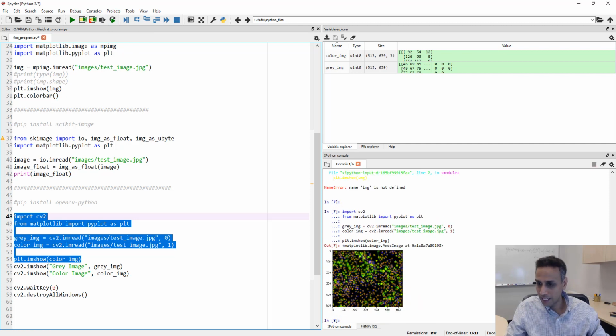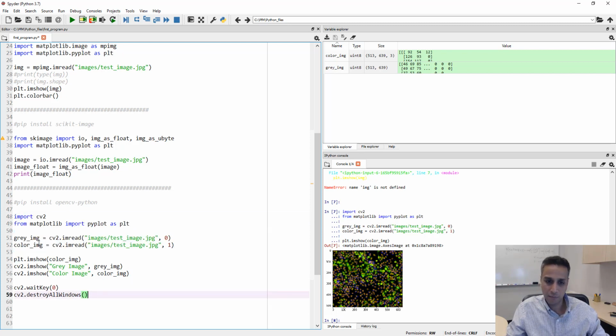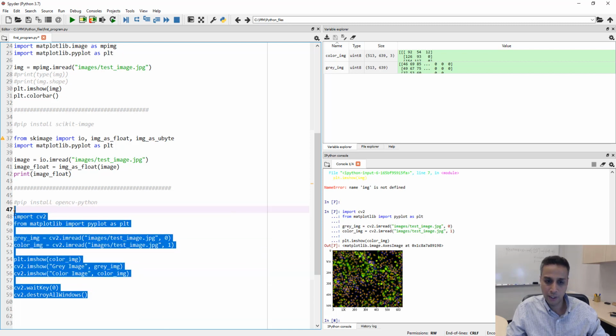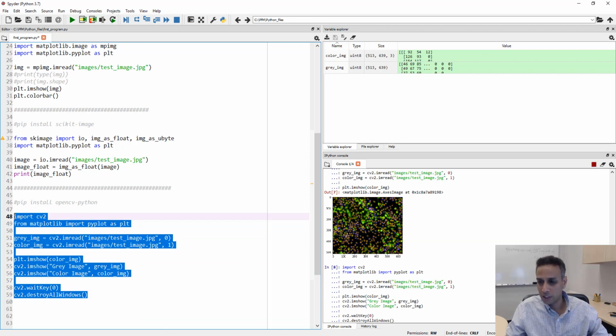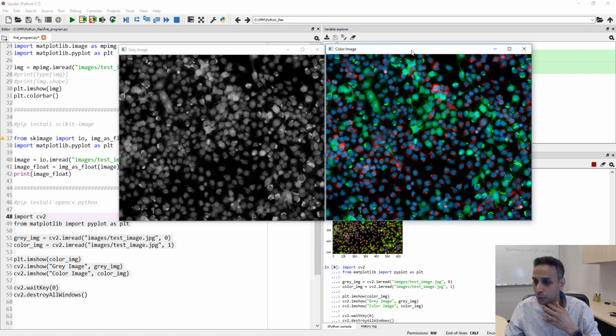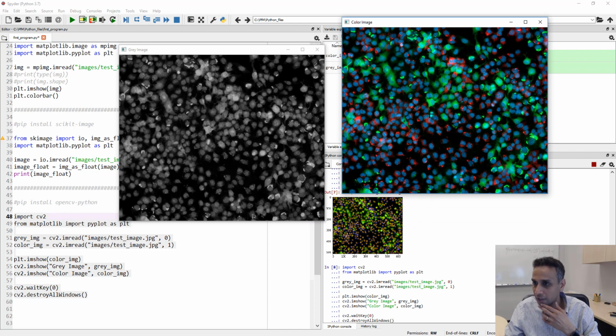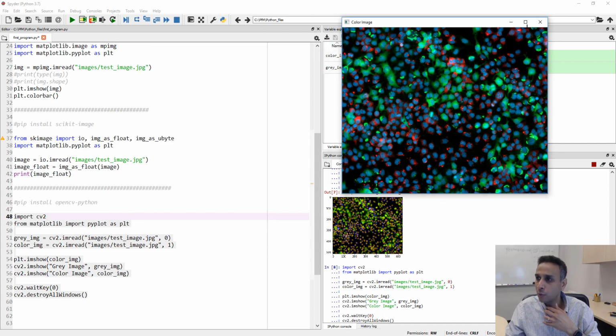Let's do color underscore image, and run this again. And the image you see has different colors. My green looks different. My other colors look different. So let's look at the original image. My green is different. Yeah, my blues are now like a yellow, and my reds seem to be in blue here. And there is a reason why this is